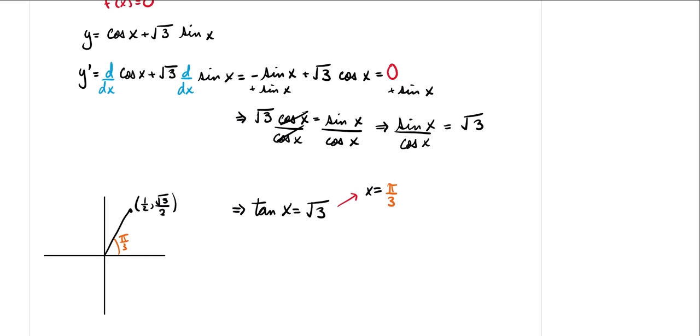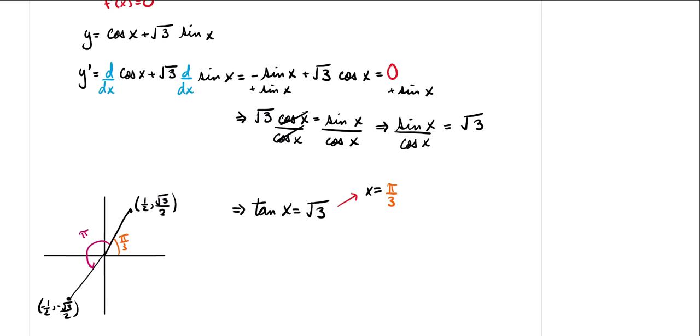Now, is this the only place on the interval from 0 to 2 pi where the tangent is root 3? Well, it turns out that it's not the only place, because if we kept on going to the third quadrant, there is going to be another coordinate point, negative 1/2 comma negative root 3 over 2, whose tangent is also equal to root 3. Now, which is this other angle? You can go ahead and reference the unit circle, or alternatively, if you remember that the period of the tangent function is pi, well, what we can do here is